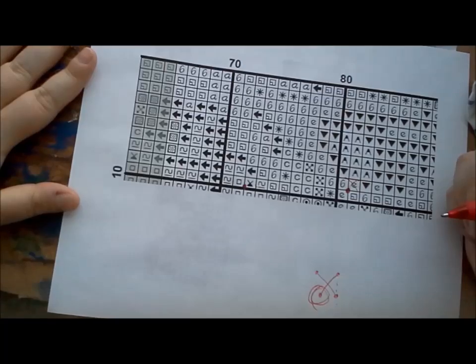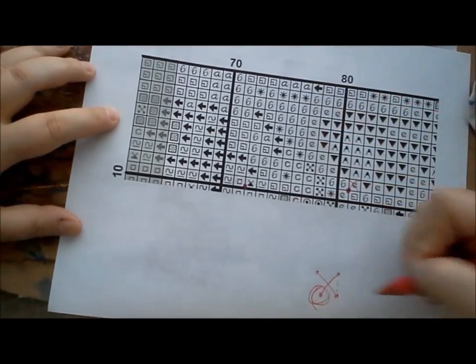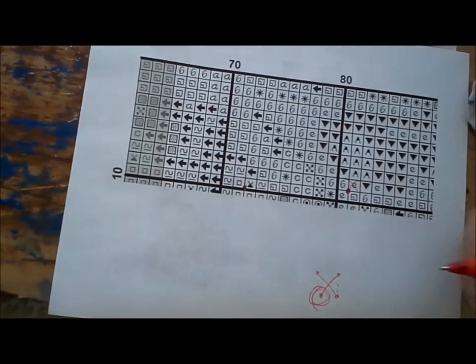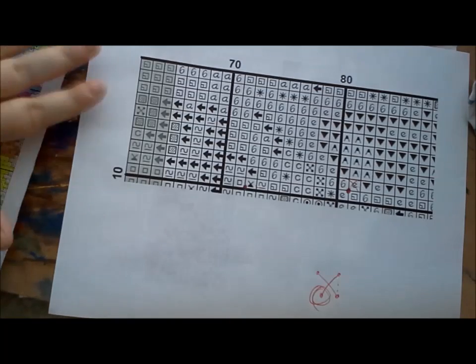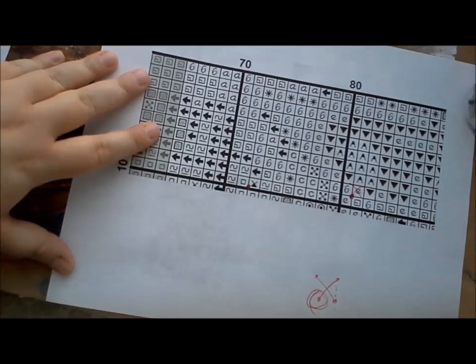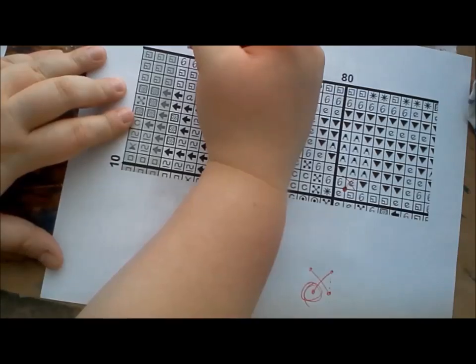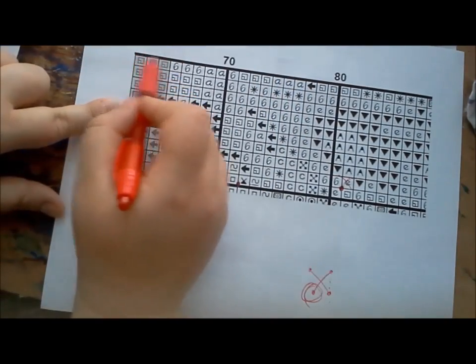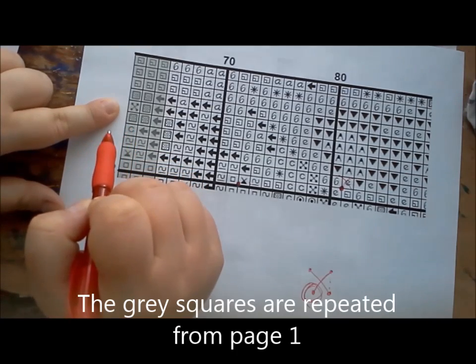Now, in terms of preparing the chart, I like to stagger my edges, so I draw in lines on the chart showing where my edges are, just so that I can be consistent with it. Now this is page 2, so I'm going to look at my page 1, which you can see I've highlighted, and I'm going to keep off screen because I don't want to show you more than this tiny fraction of the chart. Whoa, bumping the camera. And the first thing I'm going to do is I'm going to go, my staggering is across these 3 squares because I wanted to be sure that